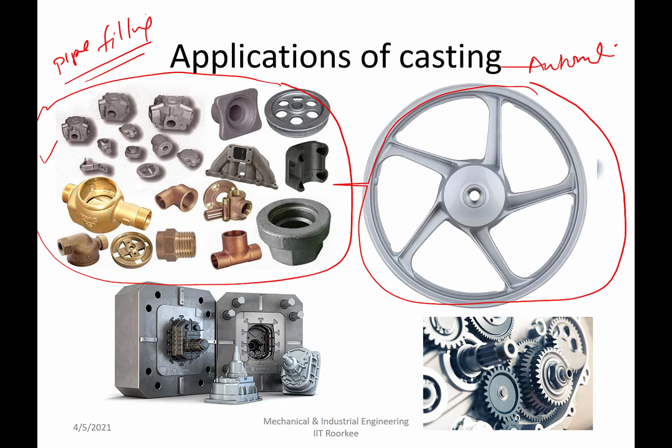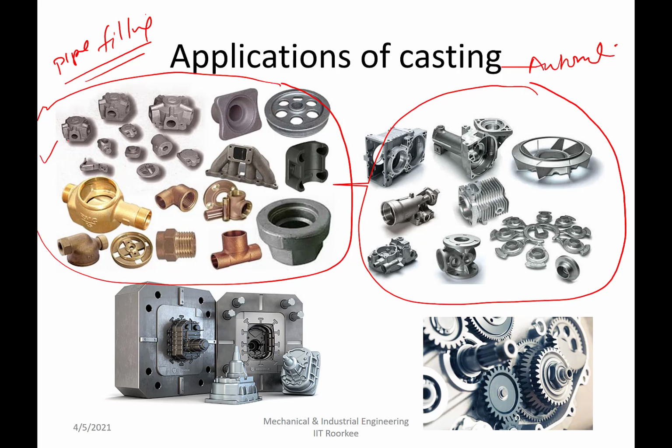But if you see here, these internal surfaces need to be very finished, smooth and accurate for smooth functioning. These gears are also made by casting, and then the desired finish and dimensions are realized through secondary processing like machining. As far as complexity is concerned, the major shape can be realized by the casting process, or by the forming process, or by powder metallurgy through this primary shaping approach.